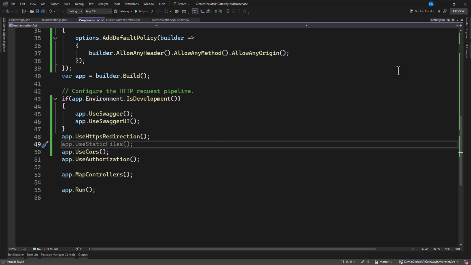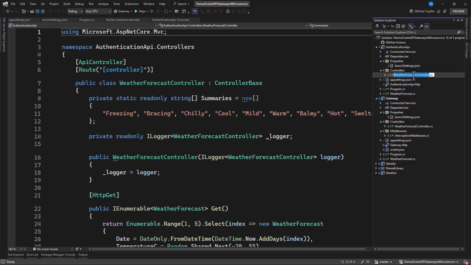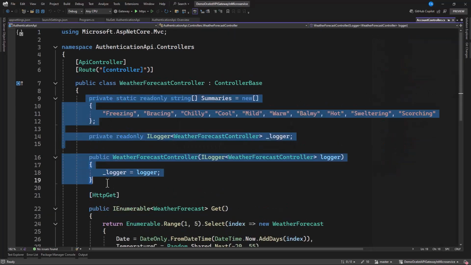So let's go to our controller. Now in here, in the authentication project, we go to this controller, and maybe let's change this to accounts. So account controller, and let's remove all this.